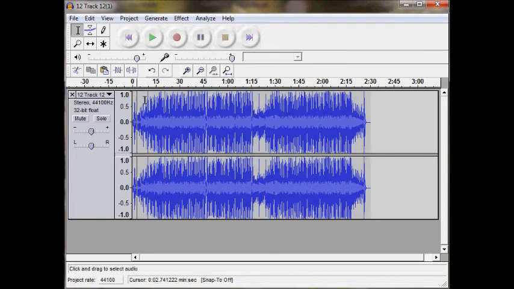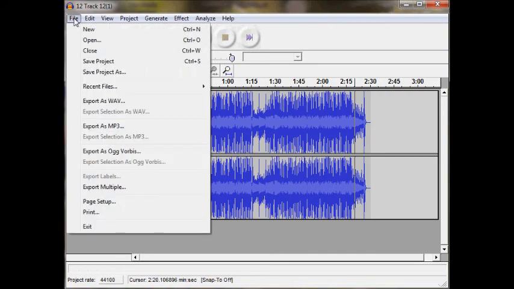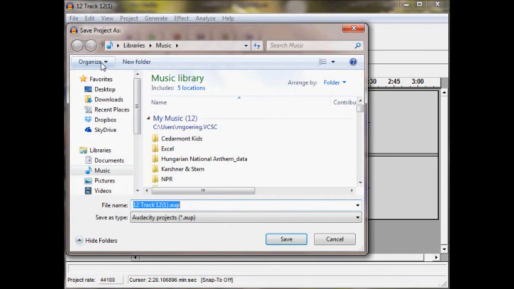I should listen to this once, just to make sure nothing's missing and there's no errors before I export it. So I'll do that now. Well, that sounded okay. So I guess I'm done. Now I'm ready to export. To export, well, before we export, let's save this project because we may have to come back and make a change. So I'm going to call this